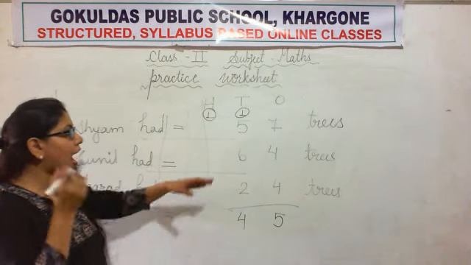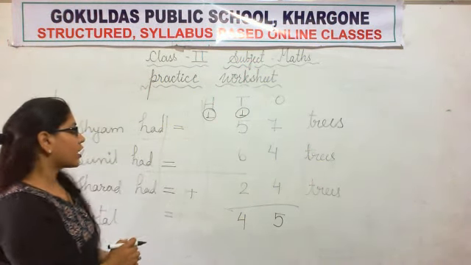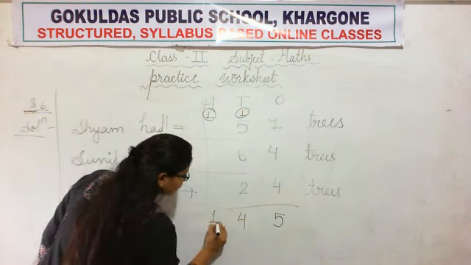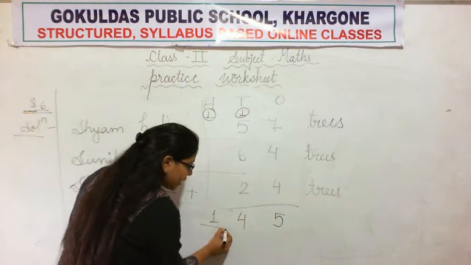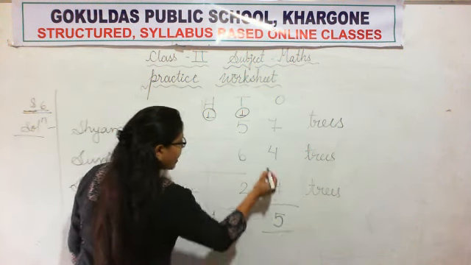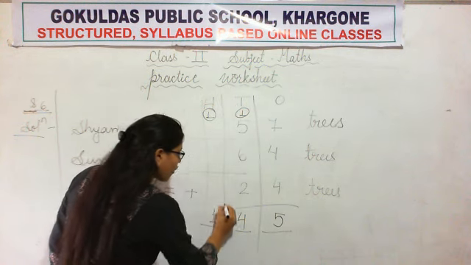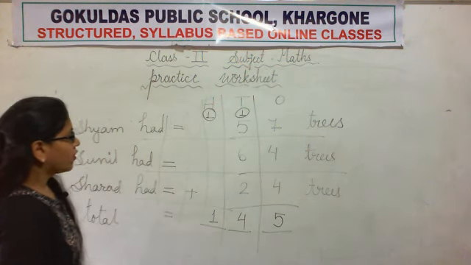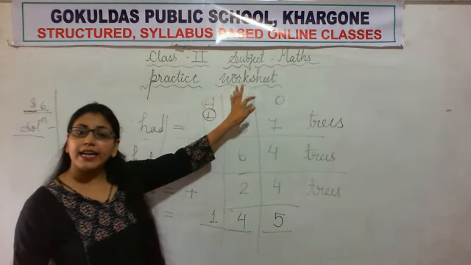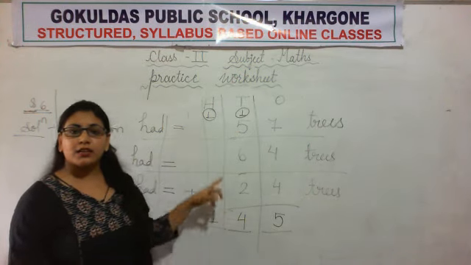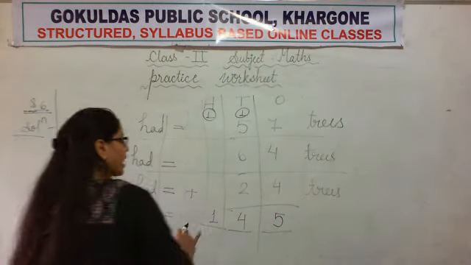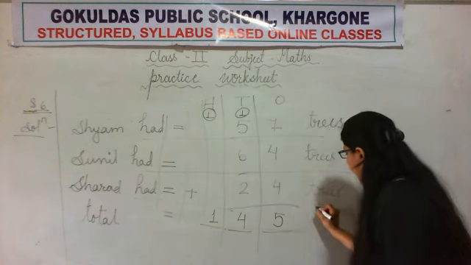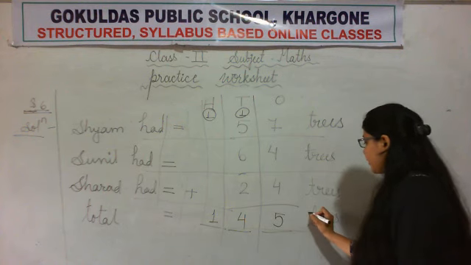See, this is why we had written the hundreds place also. Now no number is there below 1, so we will write 1 as it is. So we will write 1 in a different box, 4 in a different box and 5 in a different box. This is how your copy looks like. If we are writing tens here, we will not write 1 here. This is our hundreds part. Now 145, 145 what? 145 trees. So we will write trees.